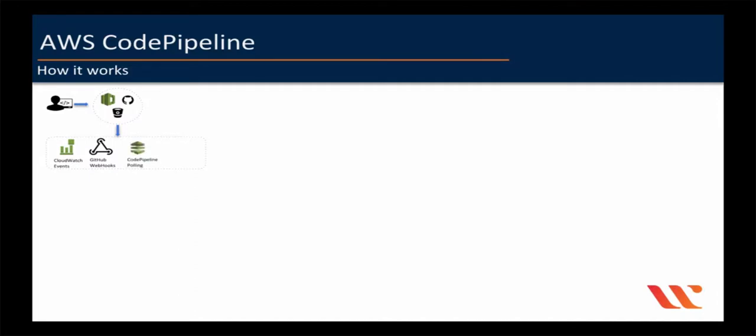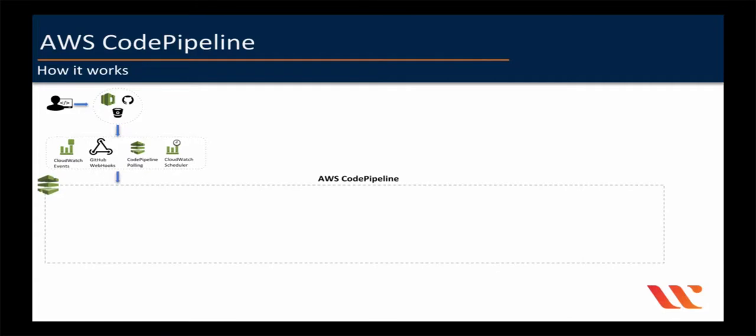You can also use CodePipeline polling, wherein CodePipeline does periodic checks and starts the pipeline whenever there are any changes to the source code repositories. Or you can simply use CloudWatch scheduler, which can trigger the pipeline based on a certain frequency, let's say once an hour or once every 30 minutes, etc. So once the pipeline has been triggered by any of these events, it starts executing the workflow in